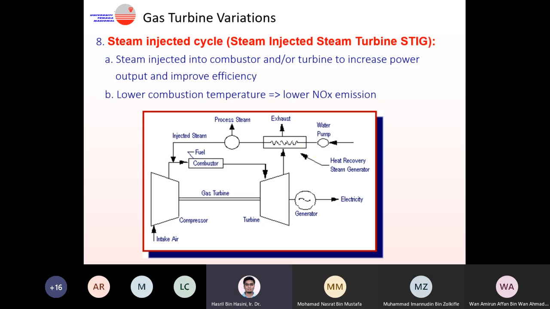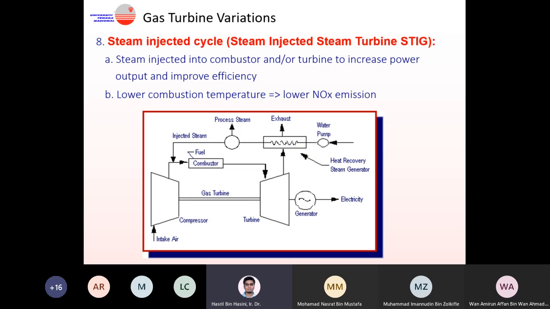Okay, the next gas turbine variation method on how we can further improve the performance of a gas turbine is the steam injected cycle. Okay, steam injected steam turbine, STIG. This is also very common if you are looking at the name. We inject the steam to the... There are many places that we can inject the steam. Typically, maybe before the combustor or after the combustor. Steam is injected into the combustor or to the turbine to increase the power output and also to improve the